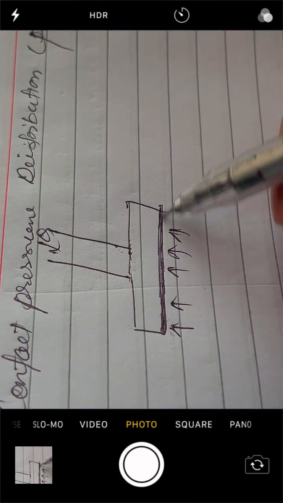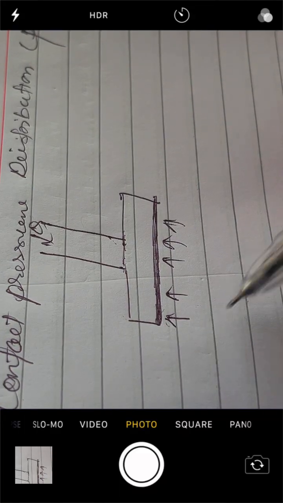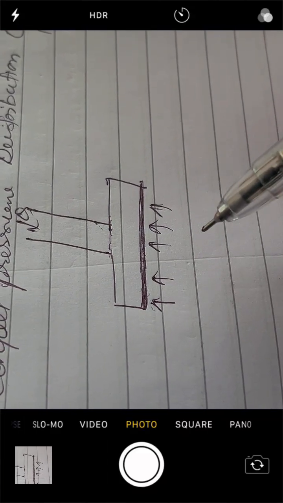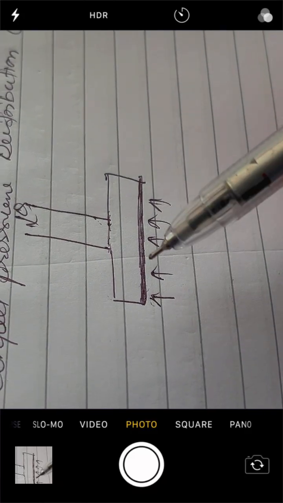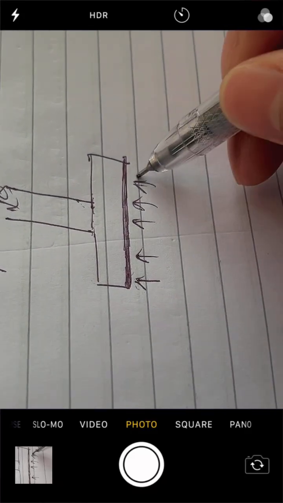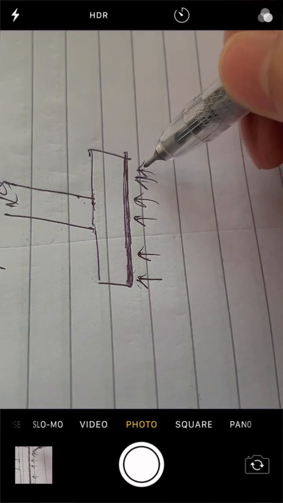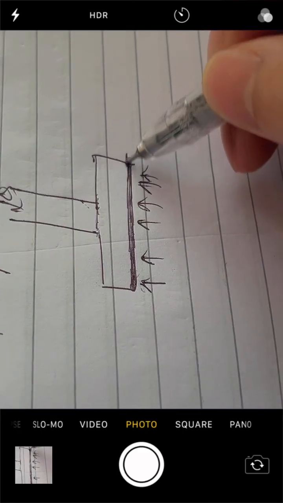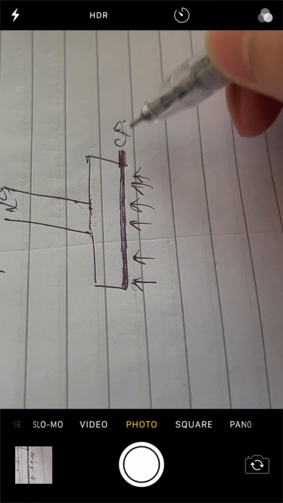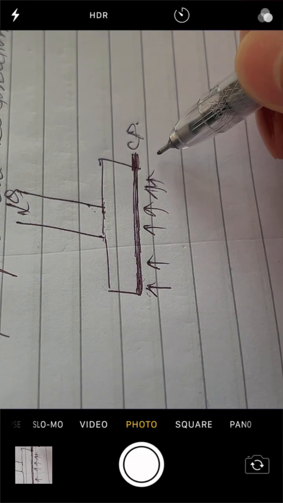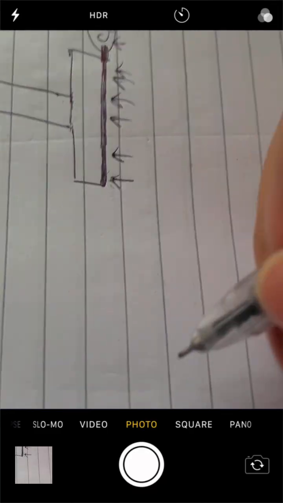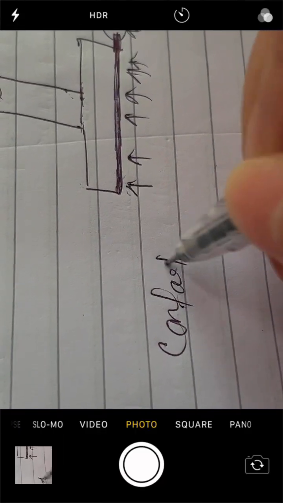So what it basically means is, because of this load, there will be consolidation occurring, and we know that there is primary consolidation, secondary consolidation, and elastic consolidation. But we're here to discuss this contact pressure distribution. Due to this load, to resist it, there will be a force acting. This is my contact pressure between the base of the footing and the underlying soil. This is my contact pressure distribution, and the contact pressure distribution depends on